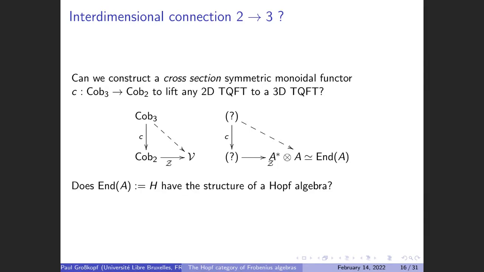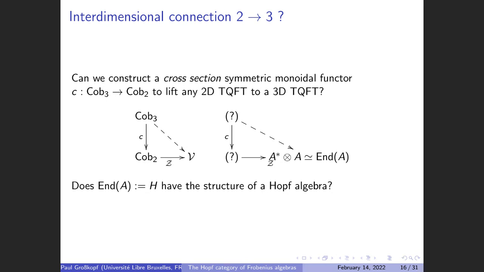So we don't really know what's in this diagram. How should I cross-section something, but if we just look at the endomorphism space of a Frobenius algebra,